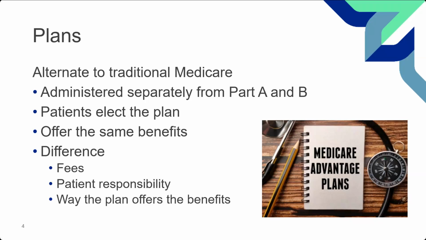So could something that was paid at a certain level for traditional fee for service Medicare be paid at a different level, with a different copayment amount, all of that, with a different deductible applied under an MA plan? Yes. As a matter of fact, each Medicare Advantage plan could process those differently and apply different dollar amounts, different allowed amounts, all of that. This is Medicare coverage. This is not a primary secondary payer situation with traditional fee for service Medicare. Either they pay it or we pay it. That's all you've got. And that was one of the questions that was asked: do I have to submit these as secondary payers? And the answer is no.